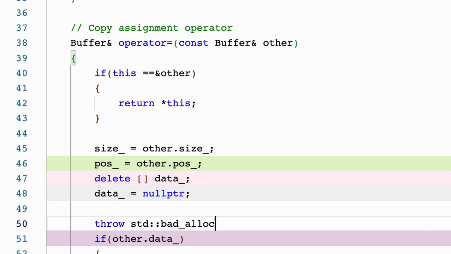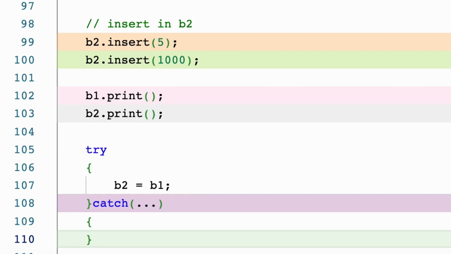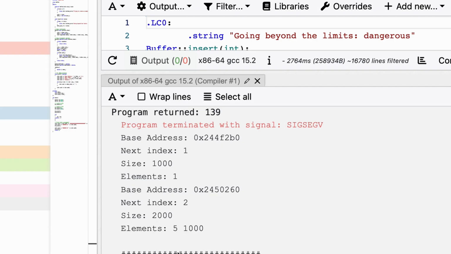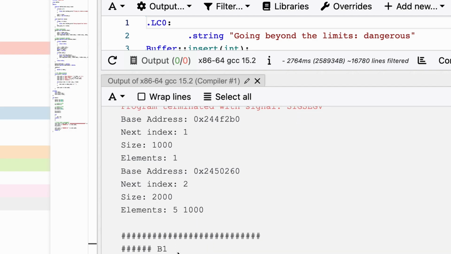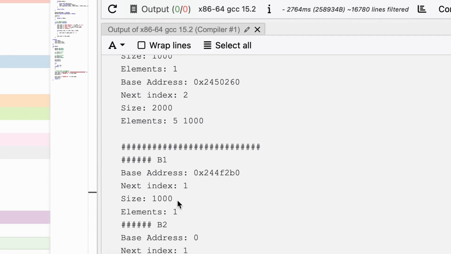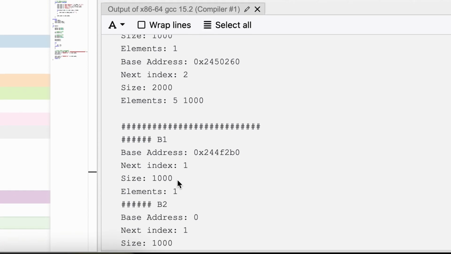Imagine that there is not enough memory. So when we try to allocate new memory with new, we are going to receive a bad_alloc exception. So what happens in this case? What's the state of the object? The object is not in a correct state anymore. And you can see here the result of the execution. So in this case, there is no exception guarantee. We are not giving any exception guarantee.